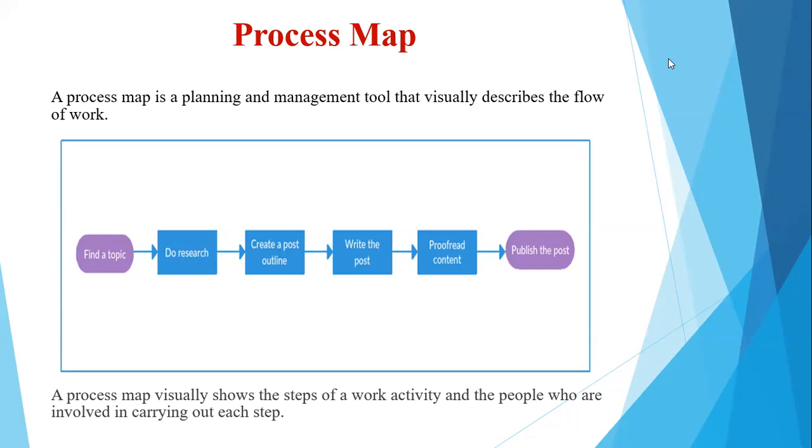So when mapping a process, you simply draw a box for each step. Okay, you connect them with an arrow to show a flow. Or you can use an online tool also to create a process map. So that's where a process map looks like the diagram that is given on the slide, right? So with this, let us then move ahead with the purpose of process mapping.